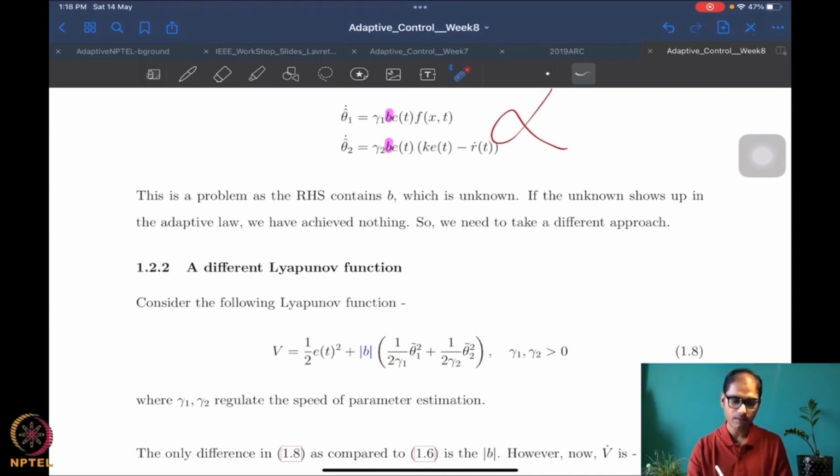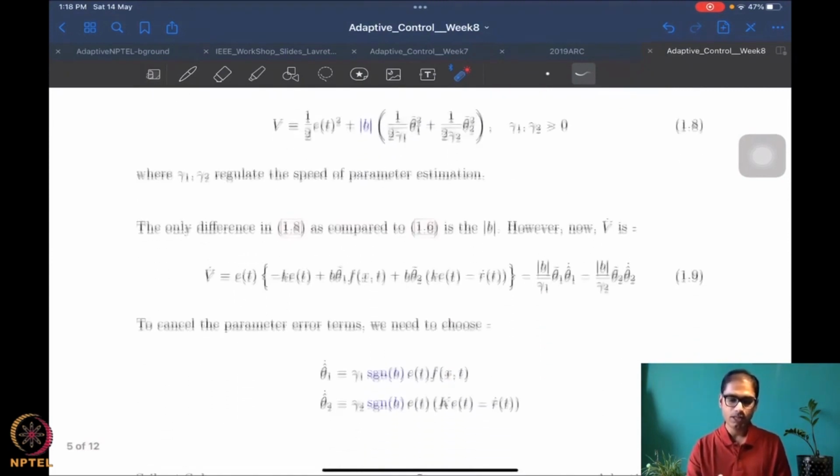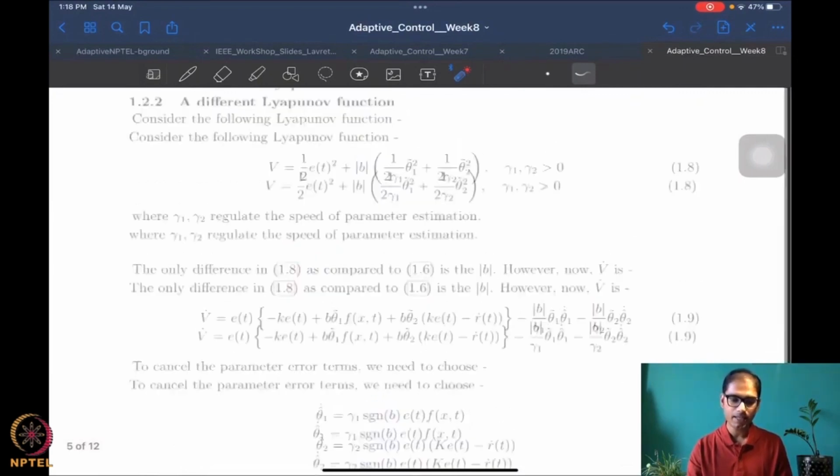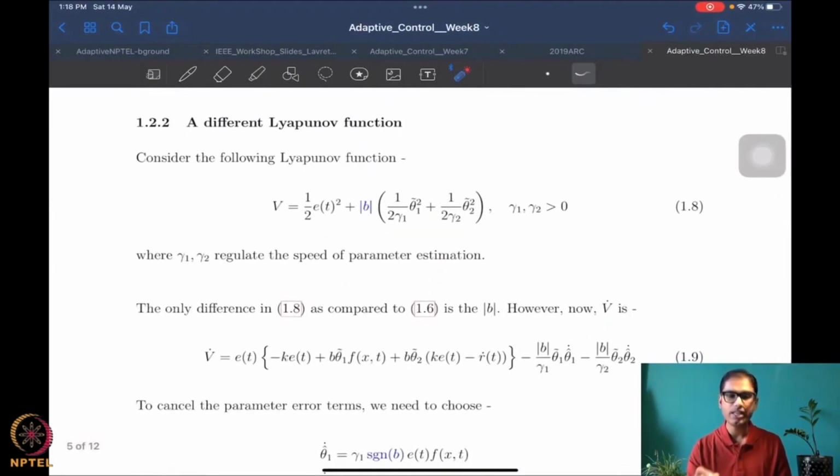Everything else remains the same, and just this new term shows up. Okay, so what happens? Everything else is the same again. The only difference that we see here is that